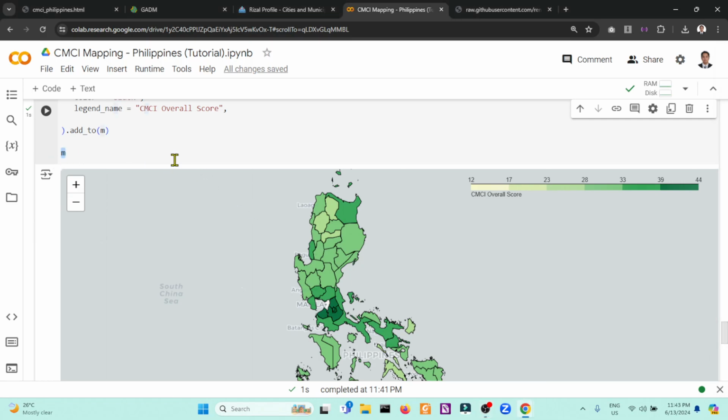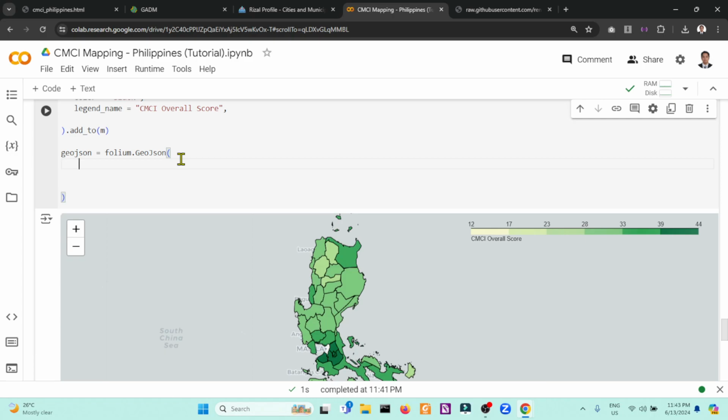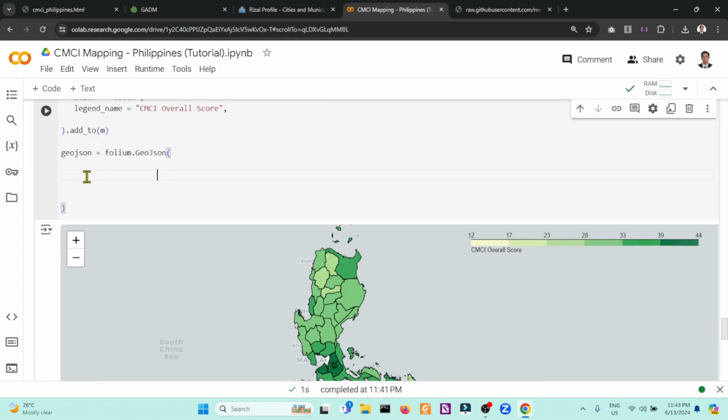Continue this one. So we need to show the tooltip, we need to define a Folium GeoJSON. So let me define a GeoJSON variable and a folium.GeoJSON, which will be very vital in creating our customized tooltip.